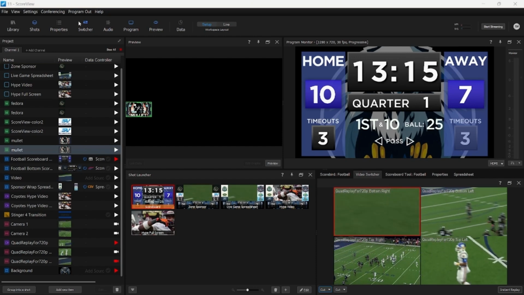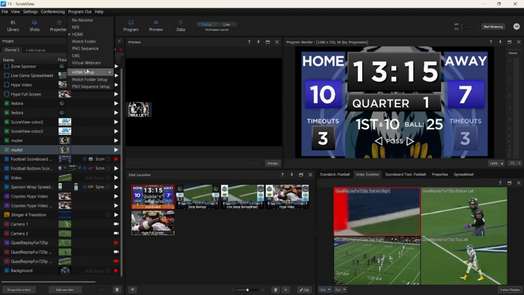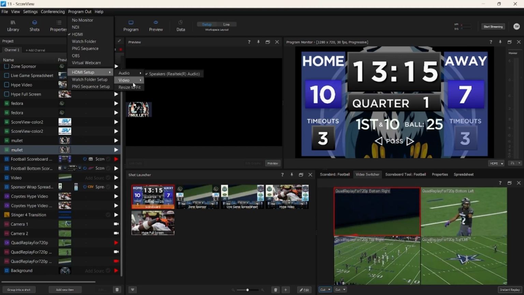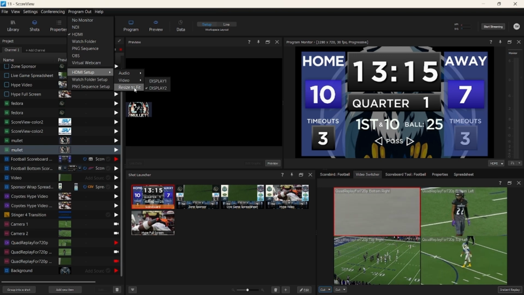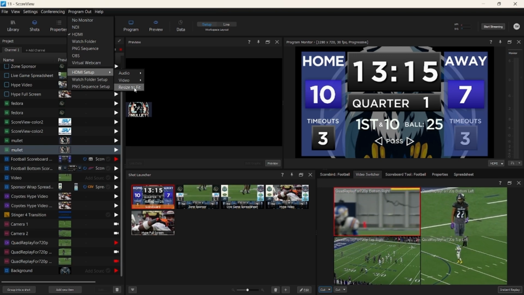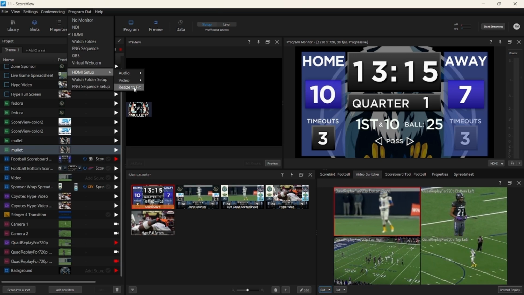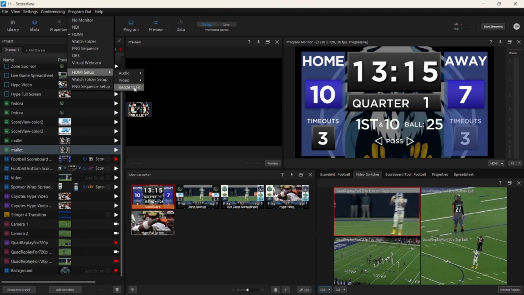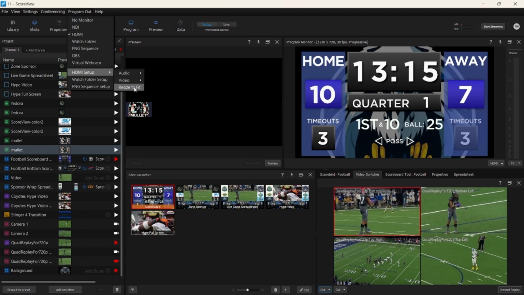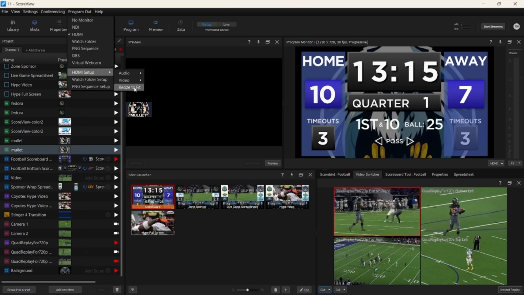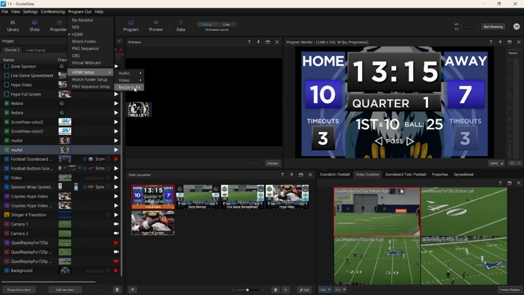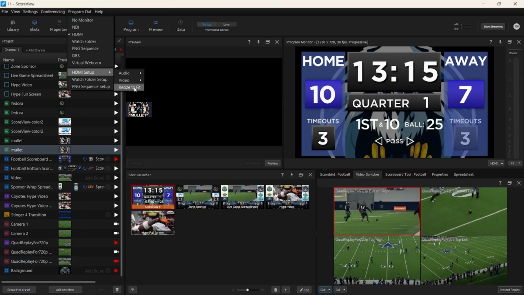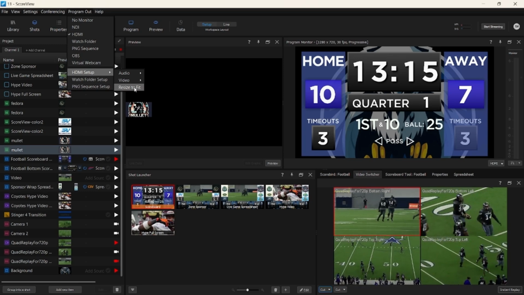The program monitor shows what's actively being output, typically to a board or display. In most cases, this is done using an HDMI output. You can configure this in Program Out by going to the video settings and selecting the specific display you want to output to. We also offer a resize to fit option. For traditional setups, such as Novastar controllers or standard video boards, you typically won't need this feature. However, if you're using a video board as an extended monitor, the resize to fit option ensures the content fills